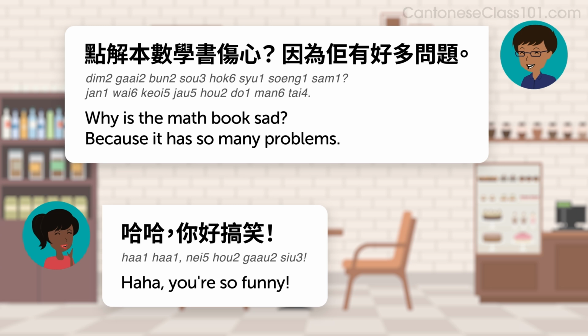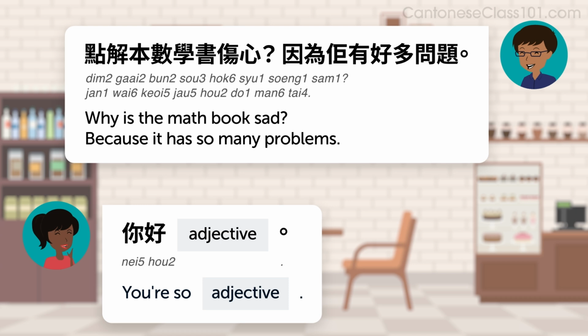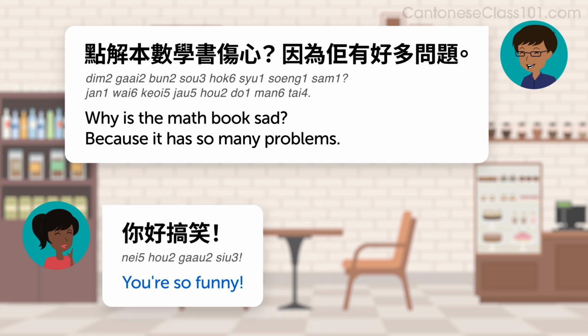First, you'll need to learn how to say ha ha. That's 哈哈，哈哈， Then you'll need to learn how to say you're so adjective. The pattern is 你好， adjective. For example, you're so funny. 你好搞笑。你好搞笑。